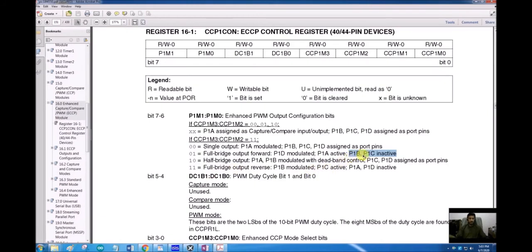Now the two outputs that were inactive in forward mode will become active, one of them will be modulated, and the other two, those that were active in forward mode, will now be inactive in reverse mode. And then finally 1-0 configures this as half bridge output. Two pins will be modulated with deadband control, and two pins will be assigned as regular input output ports. They will not be assigned as a CCP output.